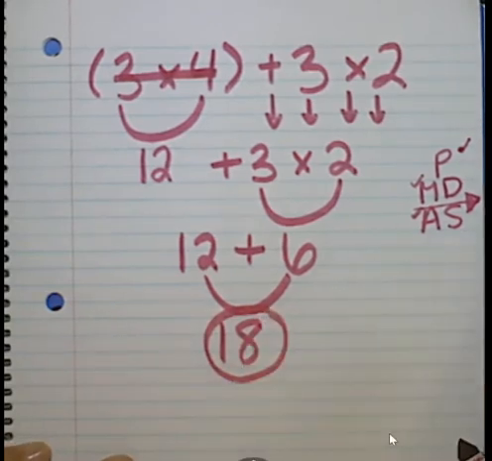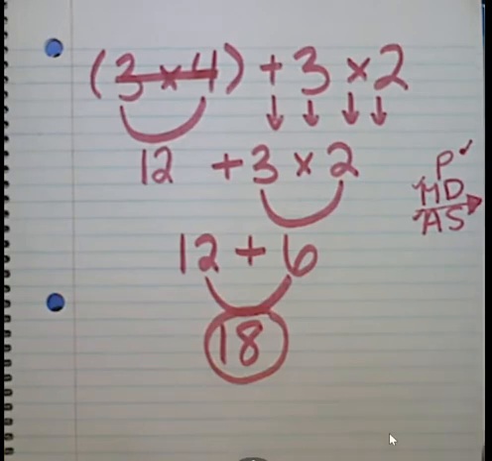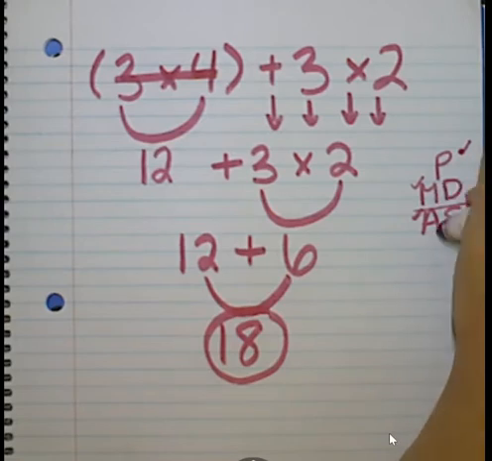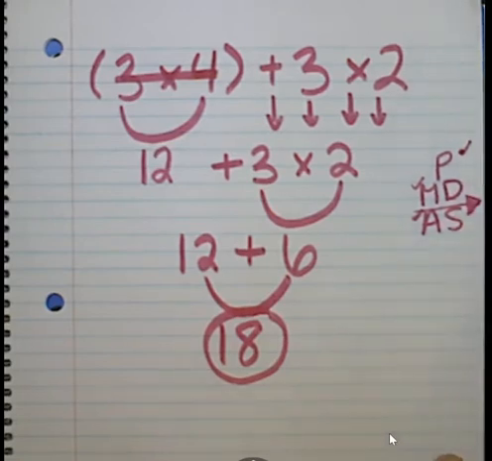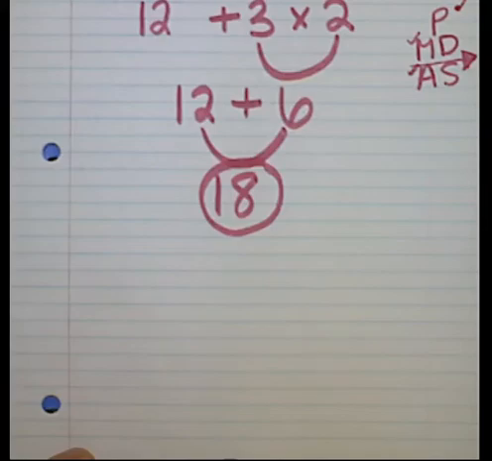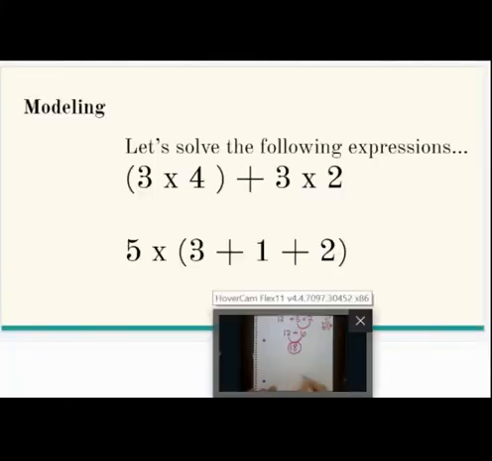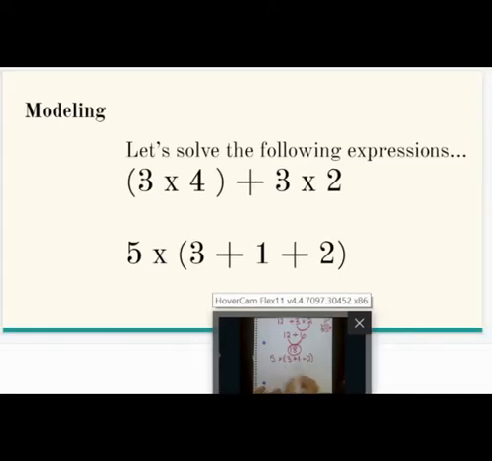So for our last problem that we were looking at, we know that our answer should have been 18 because we now know that we're supposed to do parentheses, multiplication, and then addition. For our next problem, I'm going to write it down again, copying it exactly as it says. Now that I've rewritten my problem, I'm going to kind of separate these so we know it's a different problem,